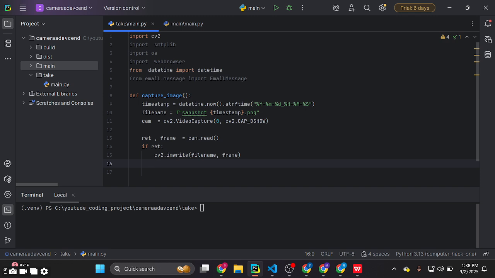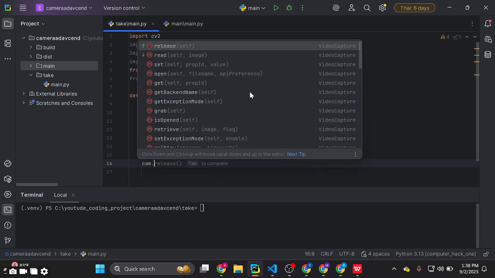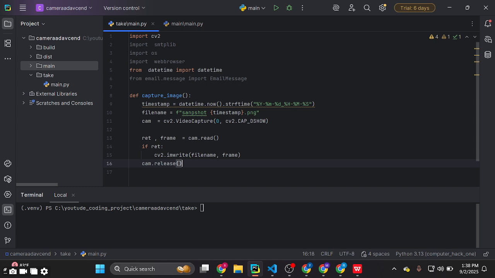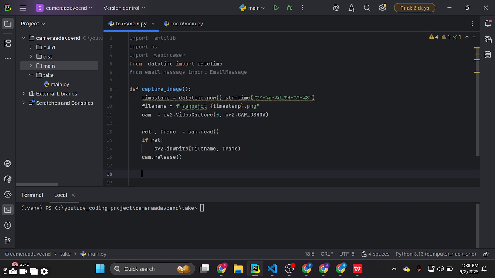Good. So I'm going to save it, right? I have to save it. So I'm going to say cam.release. If it has taken a picture, it actually needs to do what? To release it, right? So that's what we need to do. So right now, I'm going to just come and say return